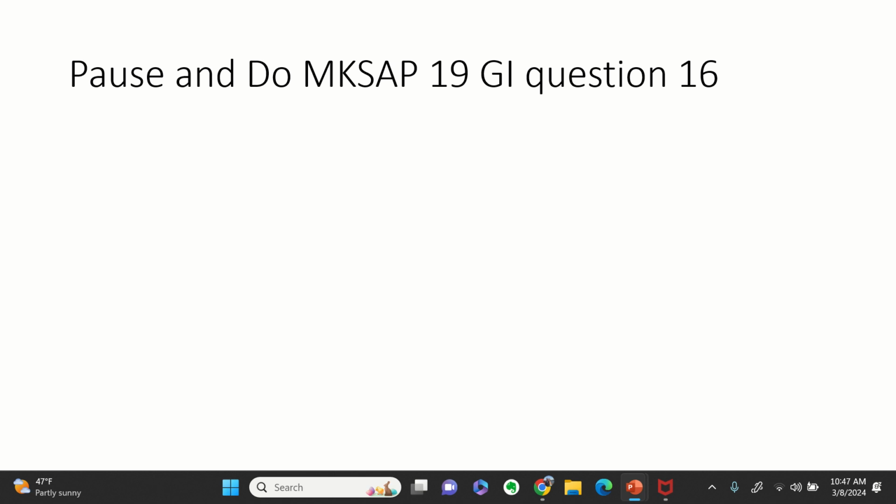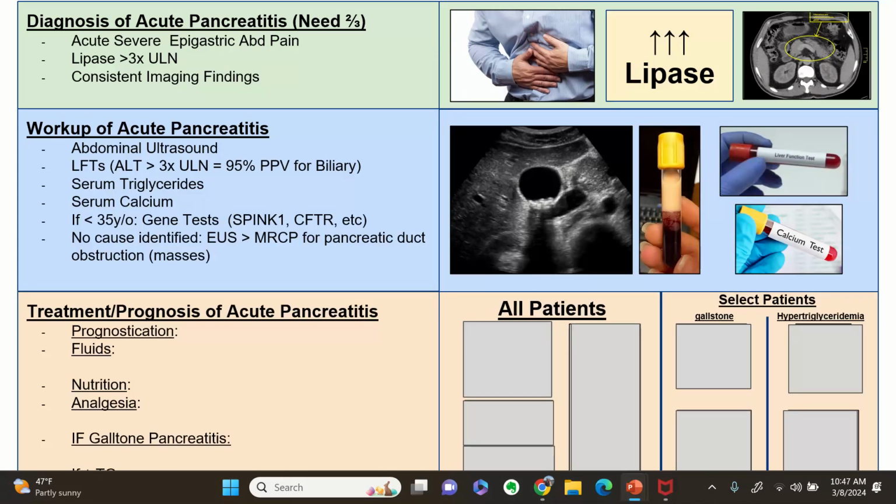All right, subsequently, treatment and prognosis of acute pancreatitis. Prognostication is going to be important, though there have been multiple clinical scoring systems for acute pancreatitis. It has been shown that SIRS on admission and at 48 hours is useful, as well as this: when these patients get acute pancreatitis, it releases tryptase, subsequently vascular damage, subsequently capillary leak, and that subsequent capillary leak